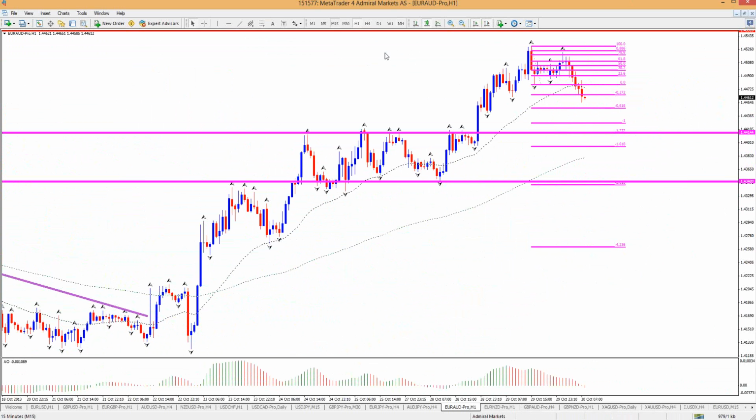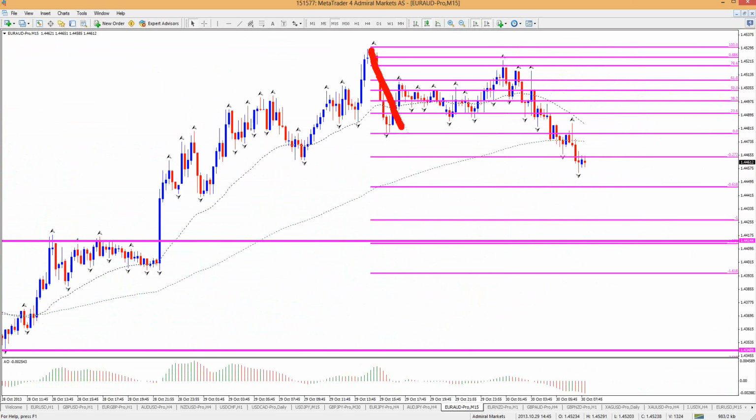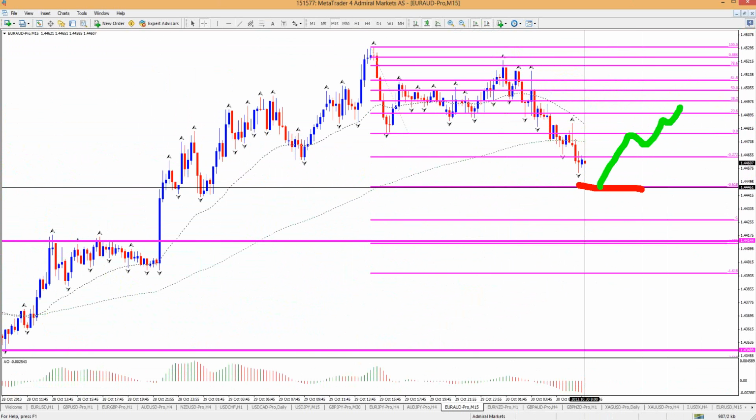If we put a fib on the first down move here, we can see the hook back. We should expect this correction to stall at the minus 618 for the moment. Let's see, that's at 144.46 here. Get a bit of a bounce, and then probably one more downside at minimum.